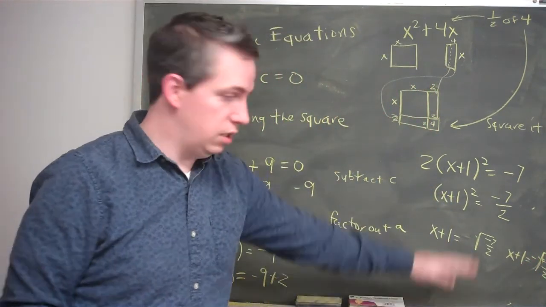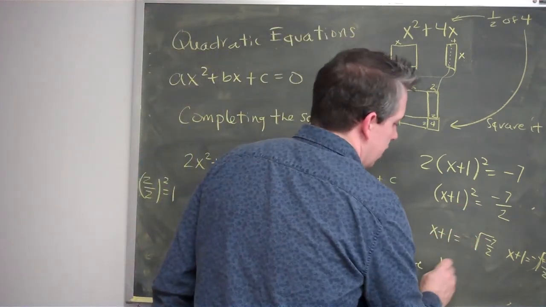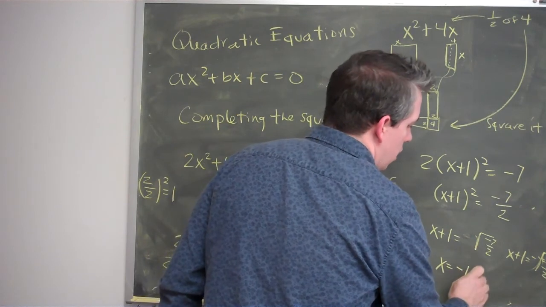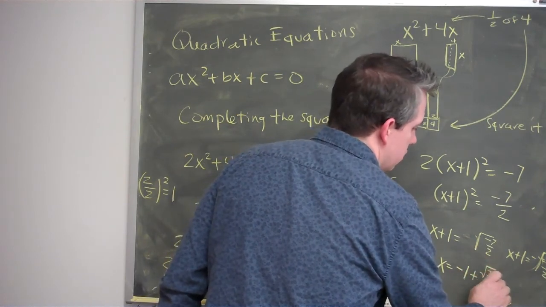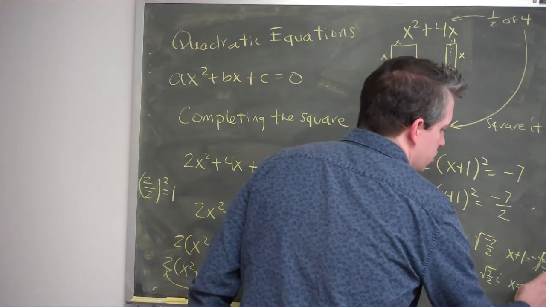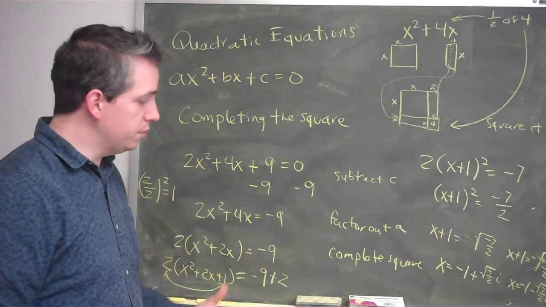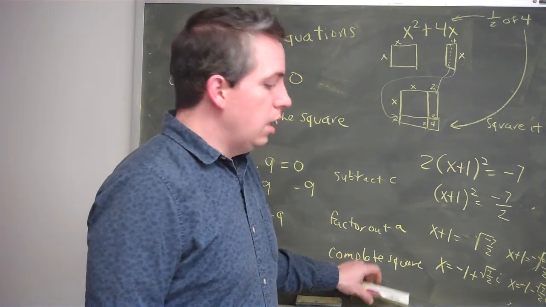Now you can actually just finish solving by subtracting 1. So this is x is equal to negative 1 plus root 7 halves i, or x is equal to negative 1 minus root 7 halves i. So that's completing the square. In general, people